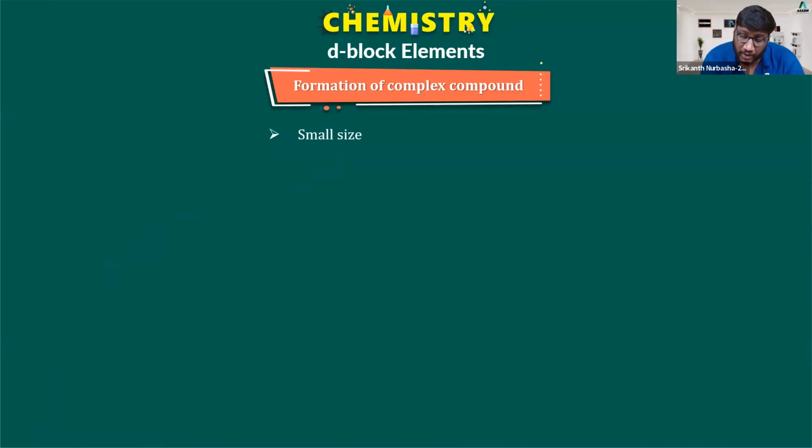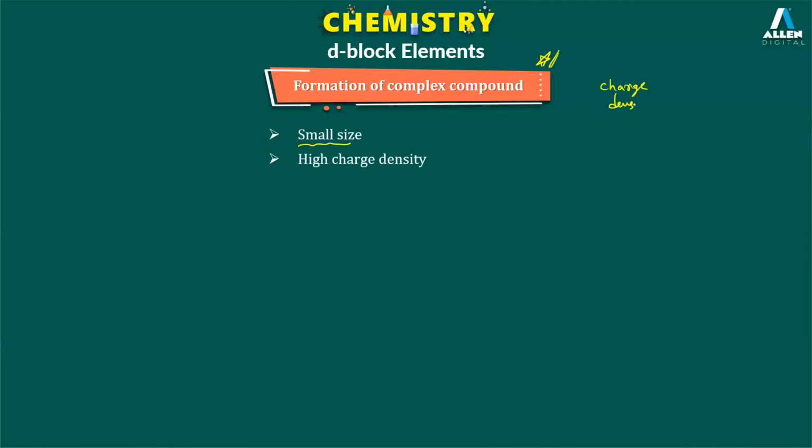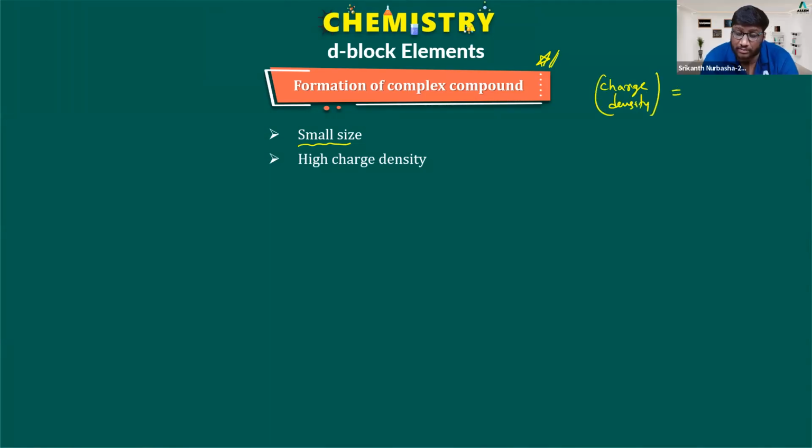And if you look carefully again, students, the d block elements or the transition elements have a tendency to form complex compounds. Why? Because of their small size. Because of their small size, can you say they have more charge density? What is density? Formula for density? Mass upon volume, very good. What is charge density? Charge by volume. Density is nothing but mass by volume, right? Charge density, only a slight change.